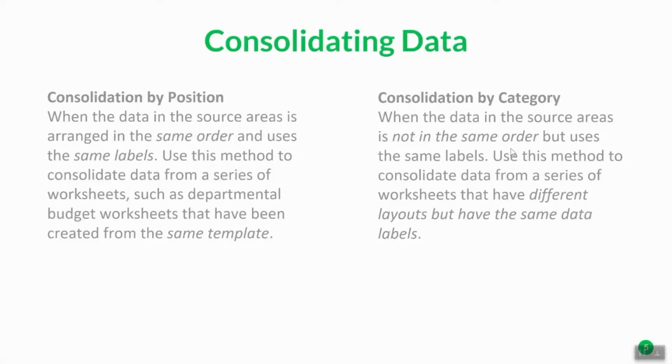Consolidation by category is when the data in the source areas is not in the same order, but uses the same labels. Use this method to consolidate data from a series of worksheets that have different layouts, but have the same data labels. For our purposes here, I'm only going to demonstrate consolidation by position, because in general, it is